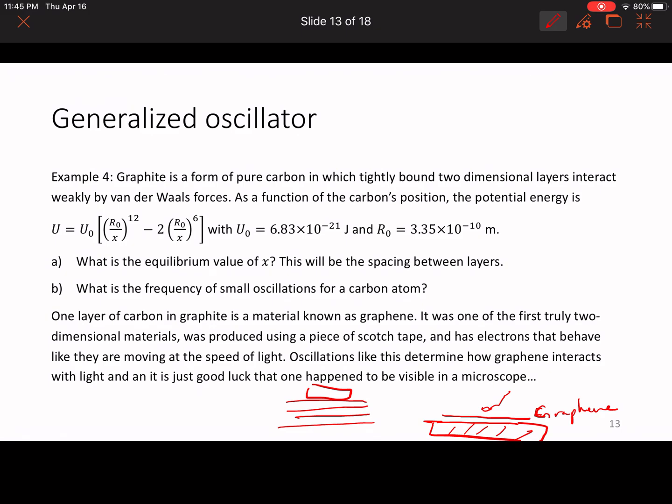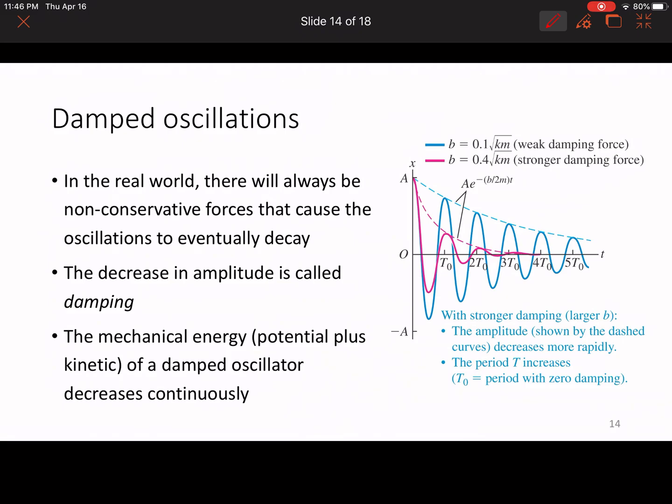For those who are interested, I'm going to talk about one other thing that's not going to be on the exam, but it is a little bit at least in the book, which is what are called damped oscillations and damped driven oscillations. So the idea of this is that in reality,